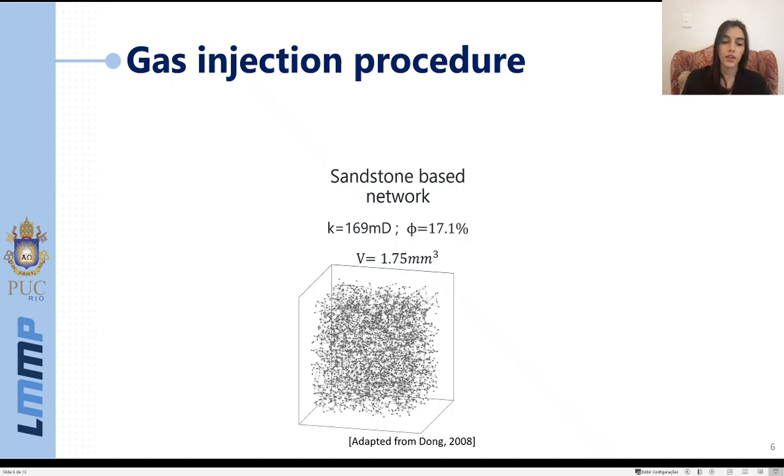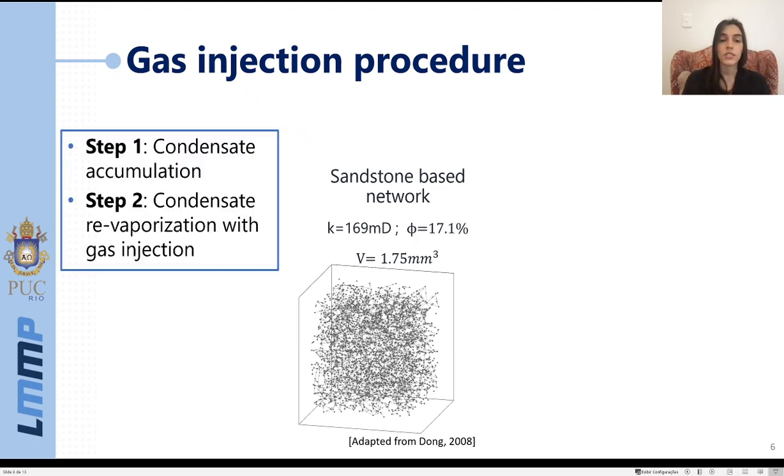So given a network representing the porous medium, which in this study was a sandstone-based network with an absolute permeability of 169 millidarcy, a porosity of 17.1%, and a total volume of 1.75 cubic millimeters. So in this network, we implemented two different steps of injection. The first to promote condensate accumulation in this network, and the second to try to produce this condensate with gas